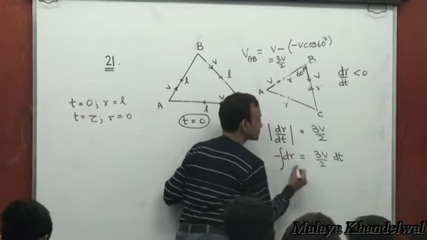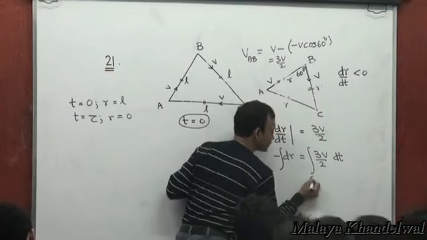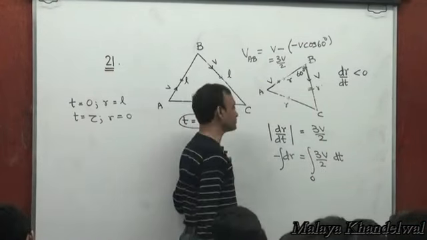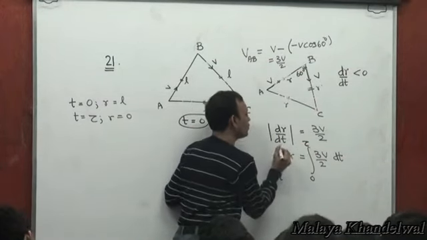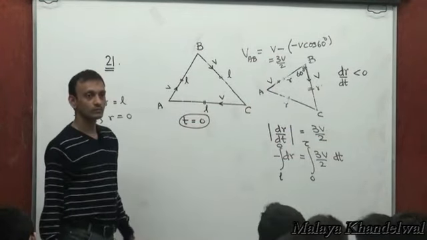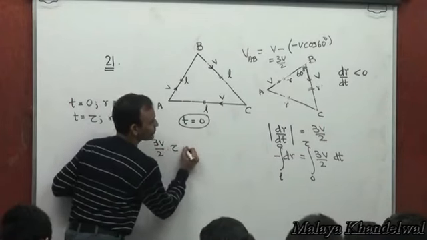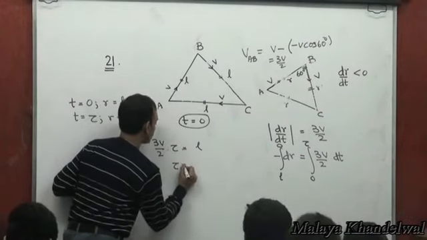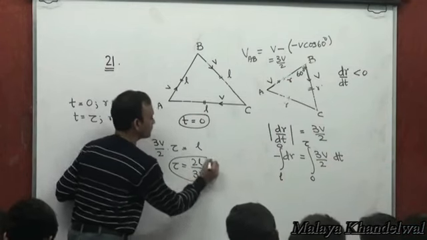Integrate both sides. At time t equal to 0, R was L. At time t equal to tau, R became 0. Right? So that gives me 3v by 2 into tau equals L, or tau equals 2L by 3v. In this time,